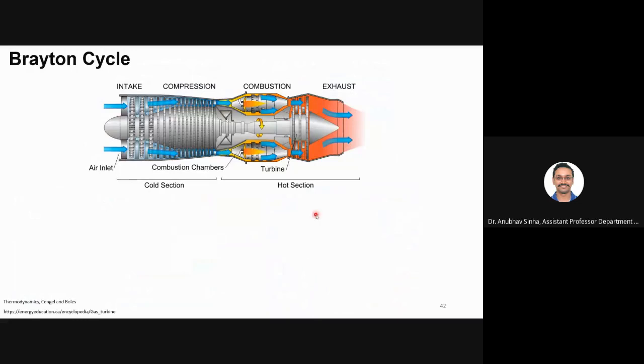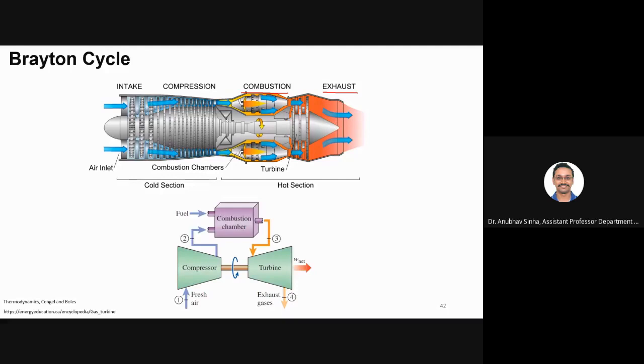This is a schematic we have already discussed in our initial classes. At the front there is an intake, then you compress the air in the compressors, and then you burn fuel. We assume that this burning happens at constant pressure, and then the burnt gases are exhausted. So fresh air comes to the compressor, from step 1 to step 2, it is getting compressed. Then the compressed air is pushed to the combustion chamber where it burns along with fuel. Now fuel is getting added here.